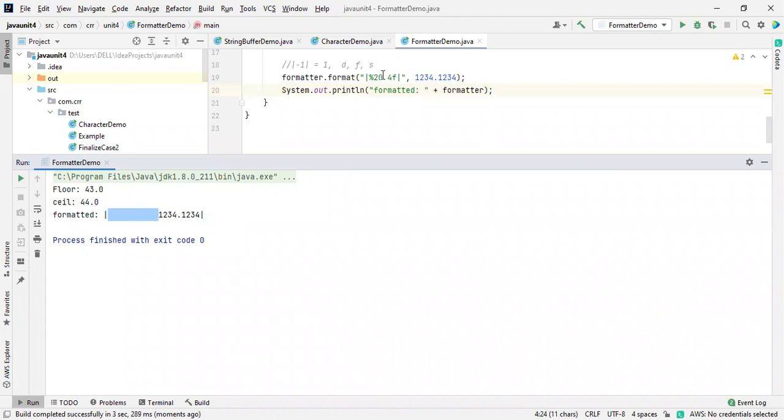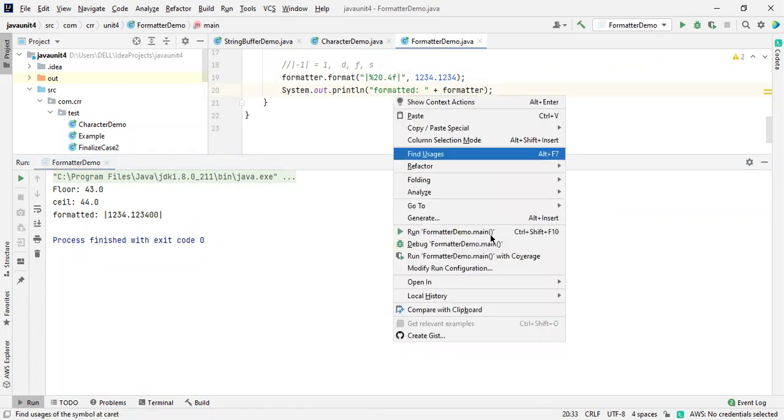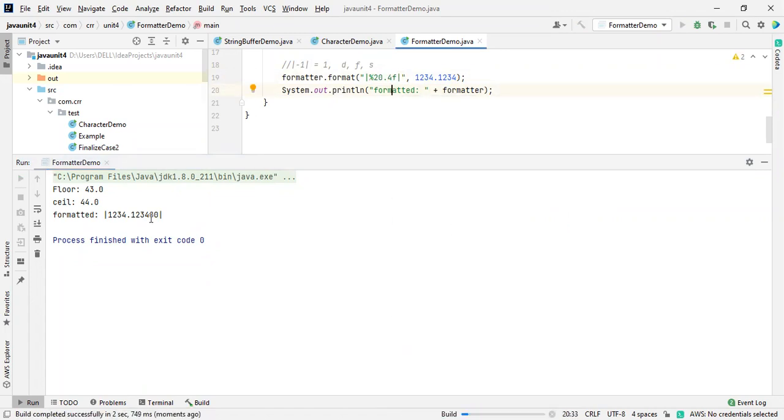20.4. If I change this one, let me delete this, and only mention a percentage AF over there, see what will happen. I already said about the spaces, so what you mentioned will be space over here, and here 00 has been added. If I mention the same thing, 20.4F, there will be no 00 statements because it has been removed, because I need it this way and there should be spaces.